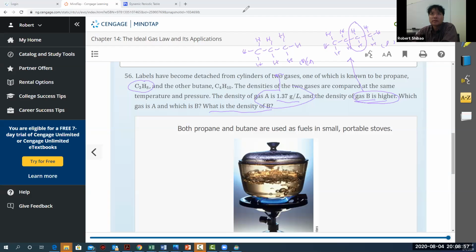So we've got 3 carbons. 3 carbons is 3 times 12.01 is 36.03. And then 8 hydrogens is 8.08. And that's 44.08. Here we're going to have 4 carbons, so this is going to be 48.04. And 10 hydrogens, which is going to be 10.10. And so this is going to be 58.14